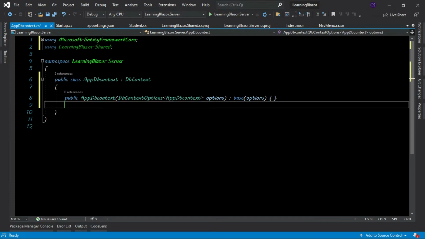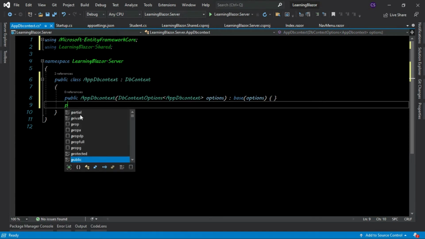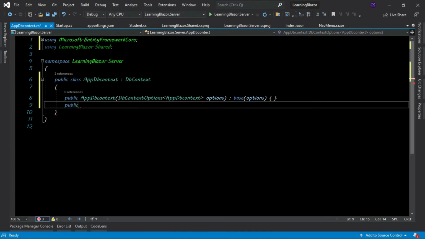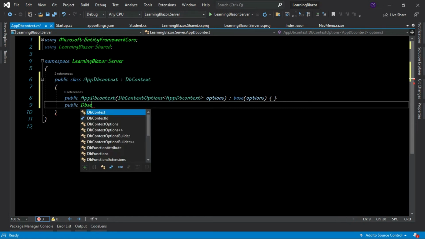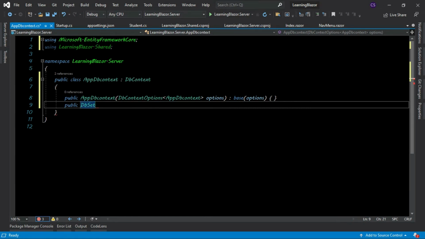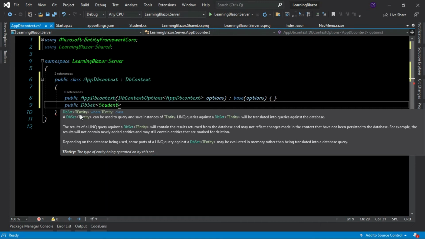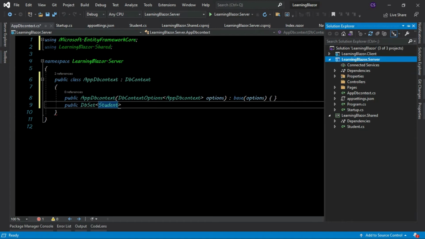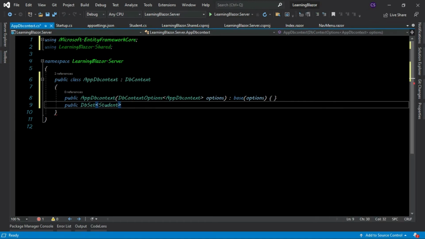Okay, next thing, we want to register a dataset. So we're simply going to say public DbSet. That's the type. So DbSet Student. Student is the class that we created in our shared project. That's the student that we're calling there, which is in LearningBlazor.Shared. That's the one that we're going to call here. So Student, and thereafter we simply say get;